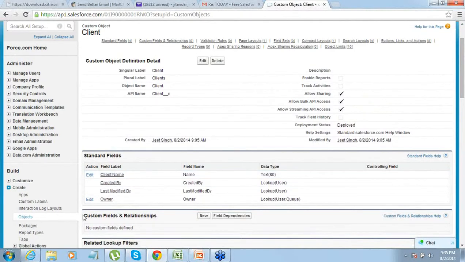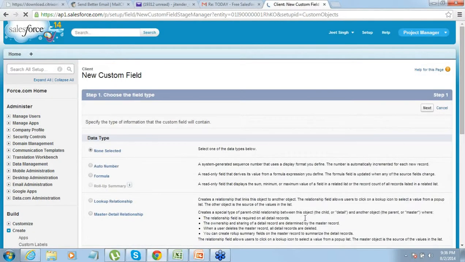What is the next thing that we have to do? We have to create more fields for the client. Let's say you want to create a field for storing the city, which city the client is based out of. Click on new. Custom field options, you see under this custom field, you just click on new. Field is like a column. So if you want to create more fields in this table, just click on new and create a city field if you want to track that information also.